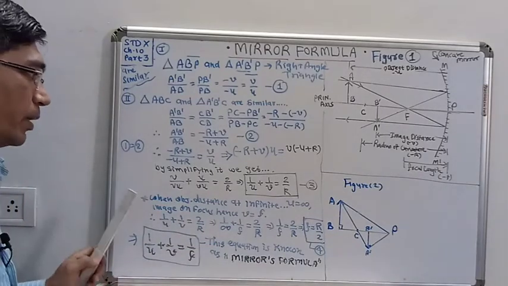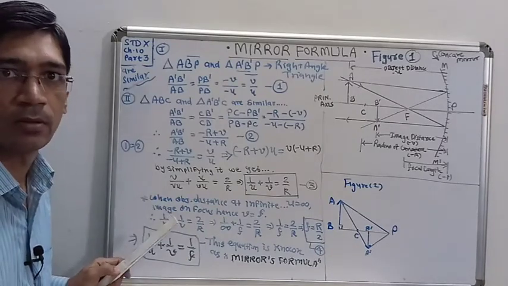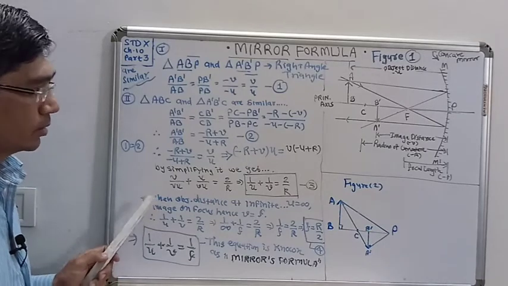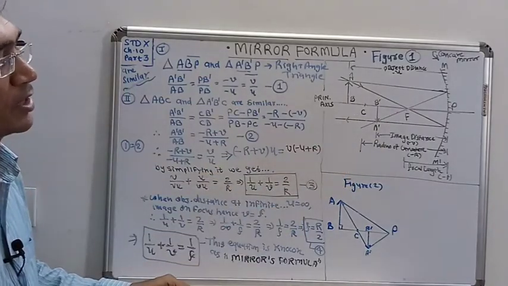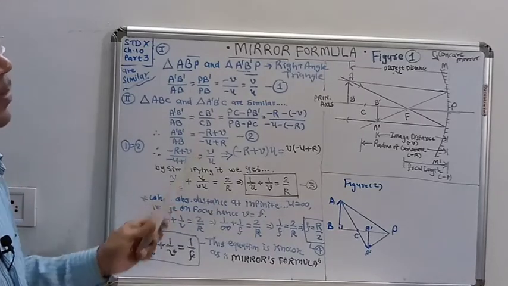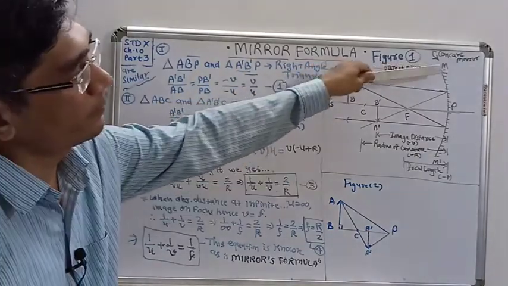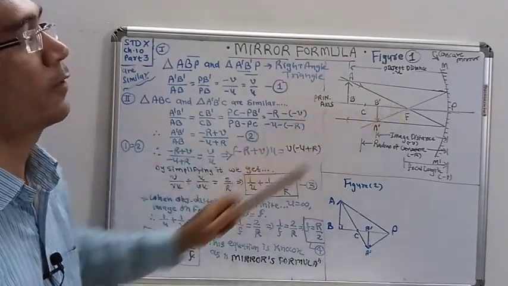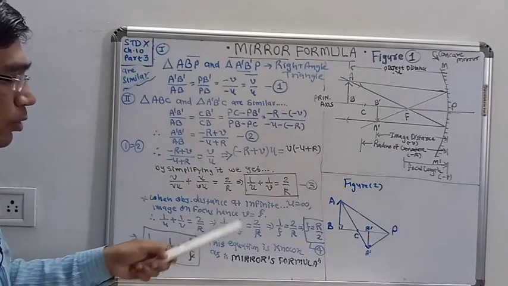Now we are taking one case in this equation, when the object is at infinite distance. In a mirror, if the object is at infinite distance, then the image we get is on the focus point F. That means the rays coming from it are parallel rays, and these parallel rays are incident on the mirror. After reflection all these rays are focused on the focus point F. So we can take V equal to F and R is equal to infinity.